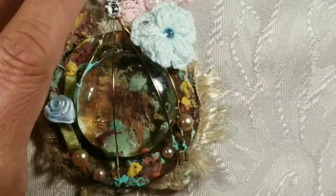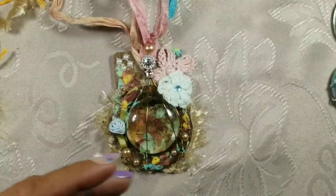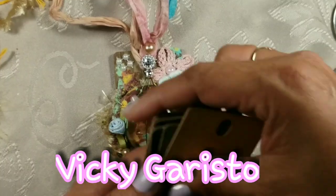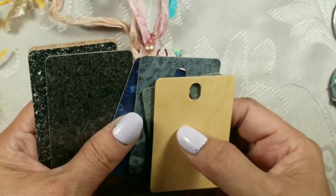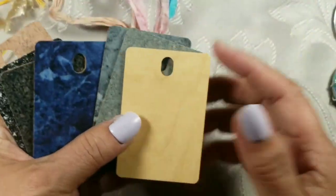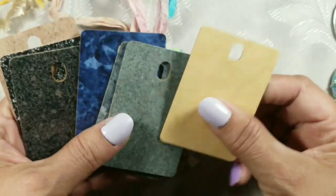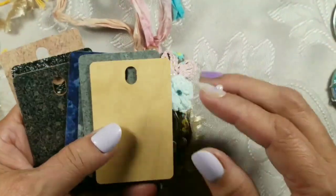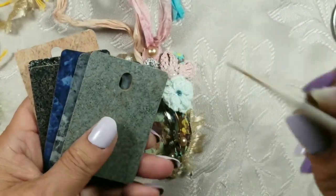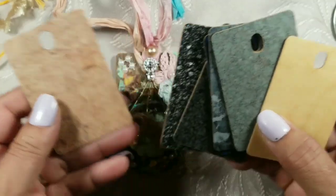But also my friend Vicky Garisto on YouTube, she's a crochet artist, an elegant artist. I just did a video of some friend mail, and in that friend mail she sent me these laminate sample tags, and they looked like they might have been on a hook ring at one point. Since she sent me that, I had her stuff out. I said, you know what, I wanted to do some tags anyway with my domes, my gemstones, so why not these? Because they're thick and they're hard. I was going to do them on paper, and I still will do it on a regular paper tag, but I'll probably double them to give them more sturdiness, because I really like the sturdiness of these. So Vicky, if you're watching, you wanted to see how I was going to incorporate